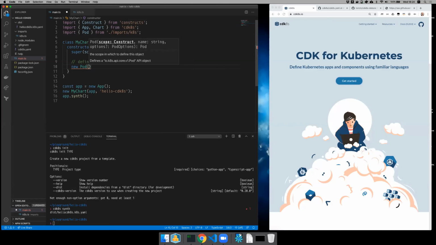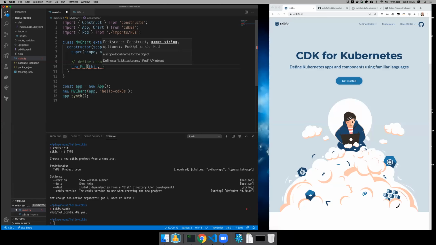Now, I've created a pod instance, and every construct in the CDK world, the AWS CDK also has exactly the same pattern, with 3 parameters: scope, name, and options. Scope and name are basically the parameters that allow the construct to be defined within another scope. And that's actually an important capability. You will always specify this for scope because you always define the pod in the scope of the chart in this case, or you'll see that it's possible to create custom constructs. And so you'll always define the children of those constructs under the parent.